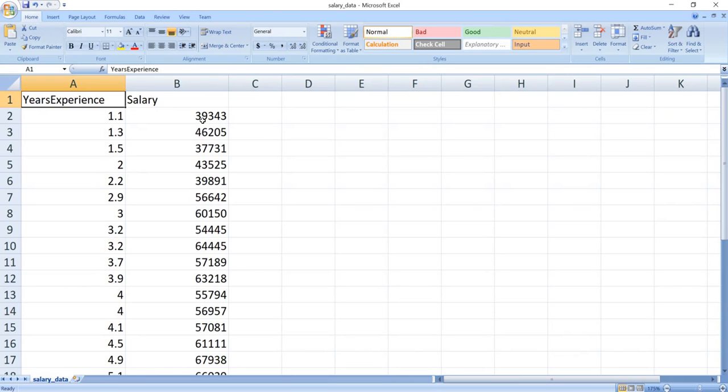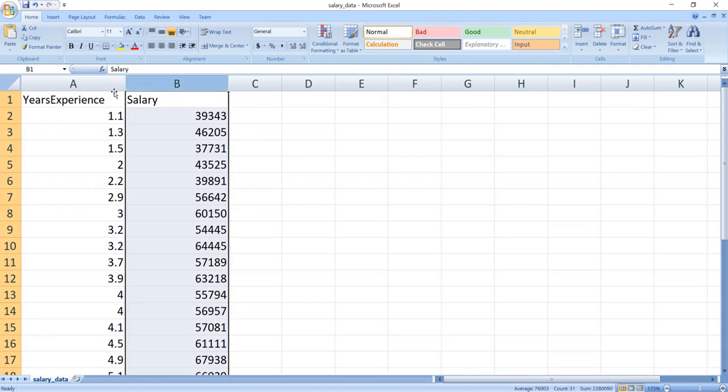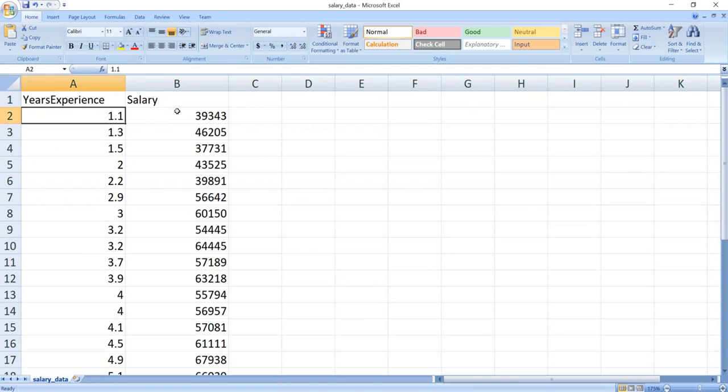This data set is called a salary data set. So what is this salary data? It is pretty simple. In the x-axis, we have years of experience. In the y-axis, we have salary. Instead of x and y, we can say that there are two columns here: one is years of experience and the other is our salary. For 1.1 years, it's 39,343 rupees. For 1.3 years, it is 46,205. For 2 years, it is 43,